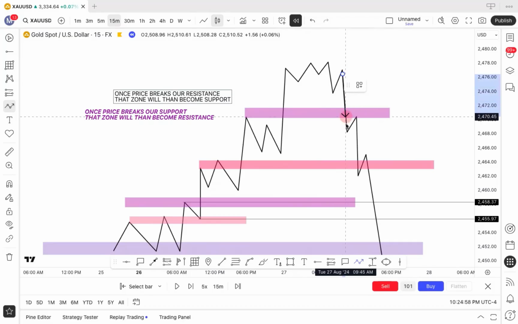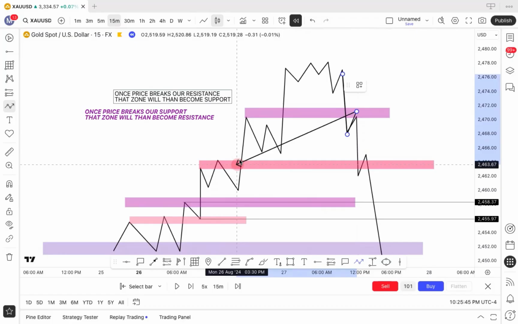Now, if we have structure here, right, we break and then we come back up to it. Once price breaks our support, that zone will become resistance. We know that if we come back up and it fails to break, then there's some type of resistance level there. We're not breaking highs, right? So this will become resistance. Okay? And then we can continue. And because we know that resistance has to be higher than our floor or our support, we know this down here,